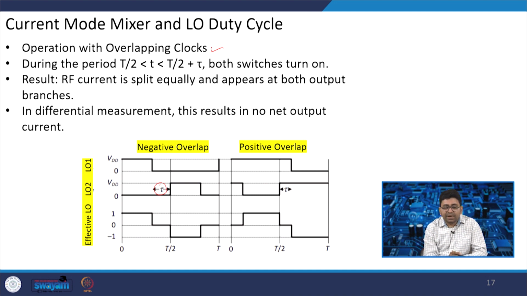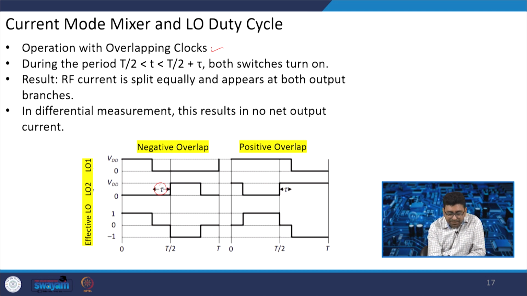The RF current is split equally and appears at both output branches. If we consider the differential measurement, the result is no net output current. So what will happen is that there are two kinds of overlap: one is a negative overlap